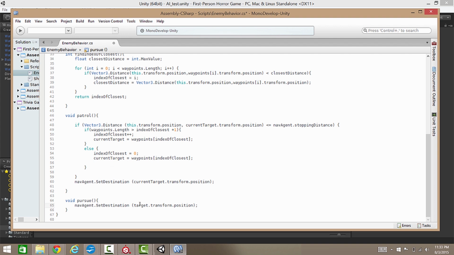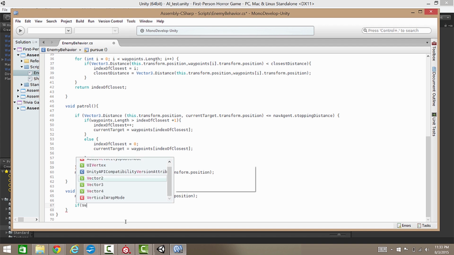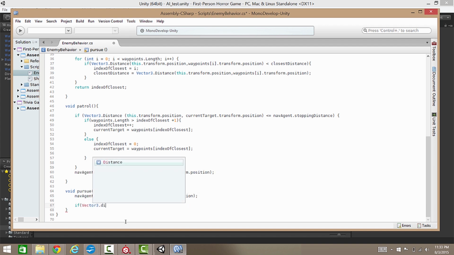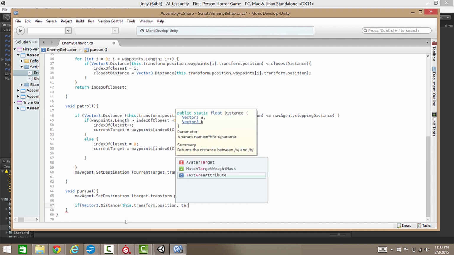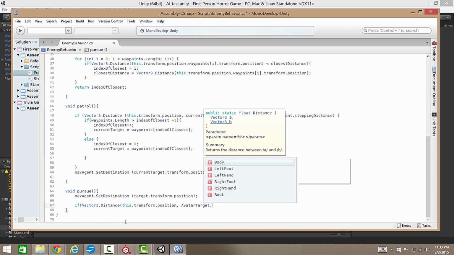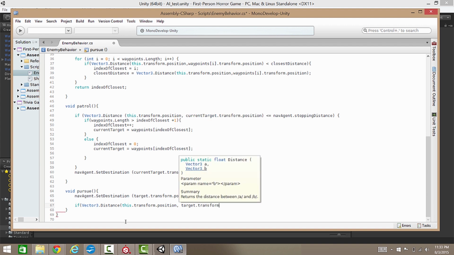Now, I'm going to also create a condition here to transition back to the patrol if our target gets out of range. So we need to check the distance. We're going to use Vector3.Distance. And we're going to be checking this.transform.position with the other value being target, wrong thing, target, yeah, so I have to go back and go forward. Okay, dot transform dot position